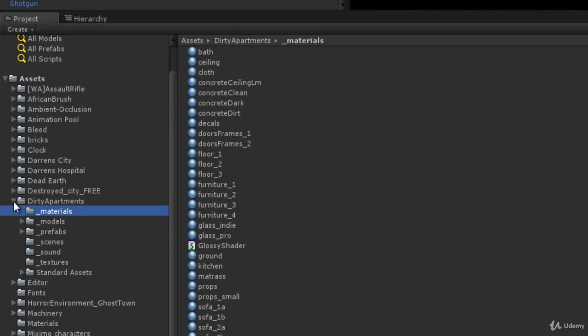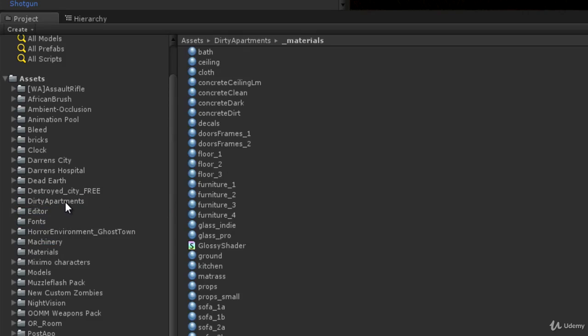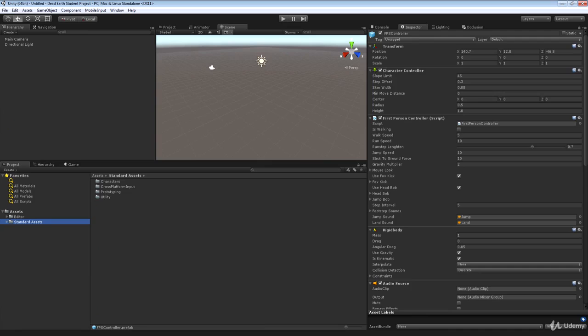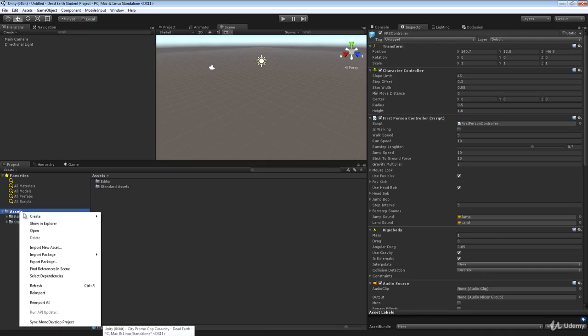We're just going to leave all of those there so that if we ever wish to update that package, they'll all be updated, and our scenes will always be referencing those objects, those materials, and those textures in their correct locations. But of course, it's not nice for me to work like that, so all of the scenes I create, all of the materials I create, all of the scripts I create will all be in this Dead Earth folder. So going back to our version, let's just create that Dead Earth folder now,